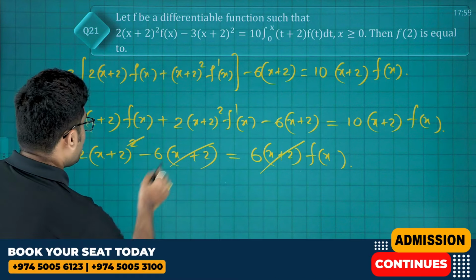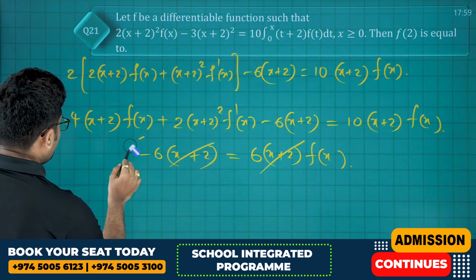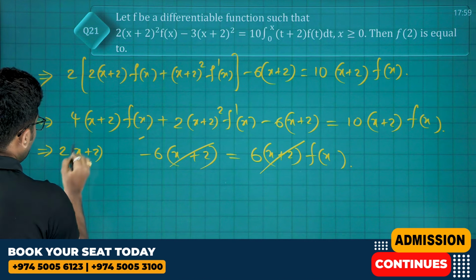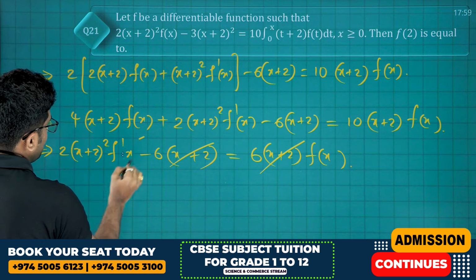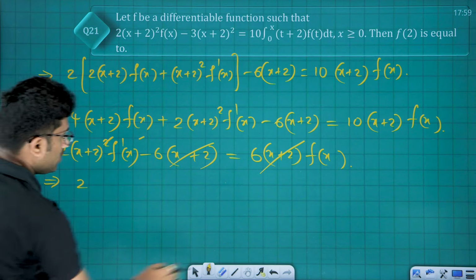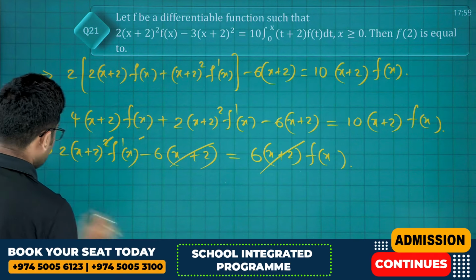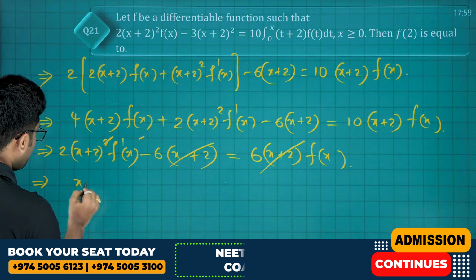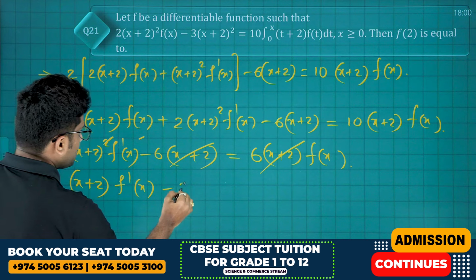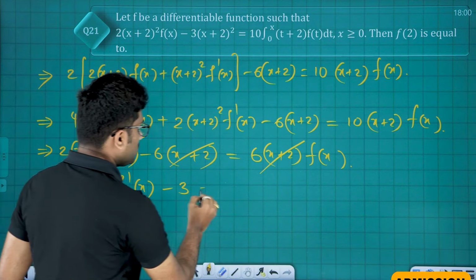So this gets cancelled, and 2 also can be cancelled. So we get (x plus 2) into f dash x minus 3